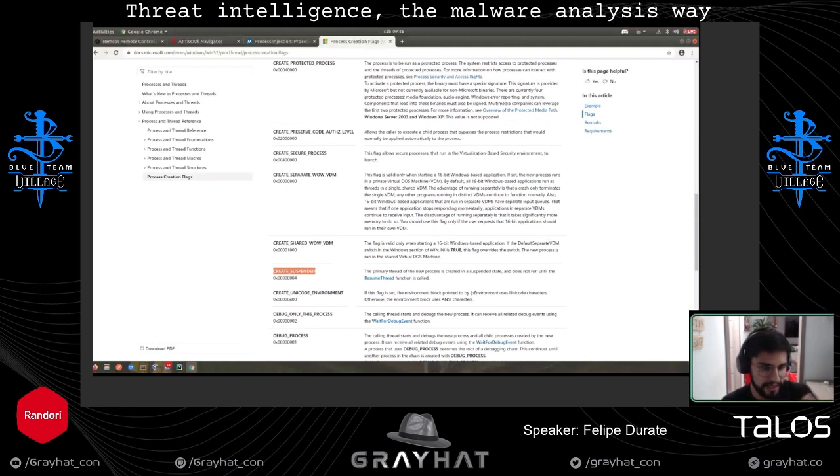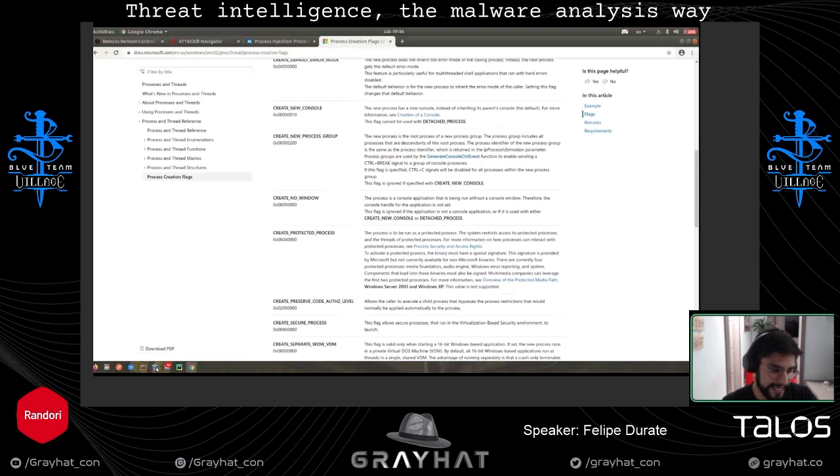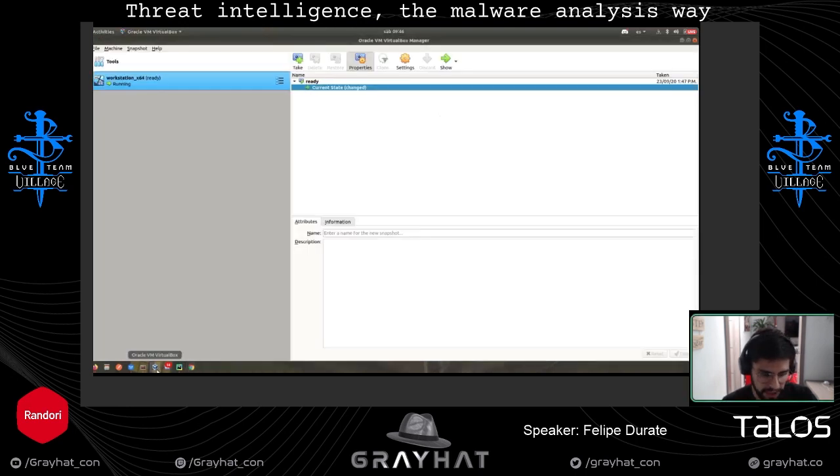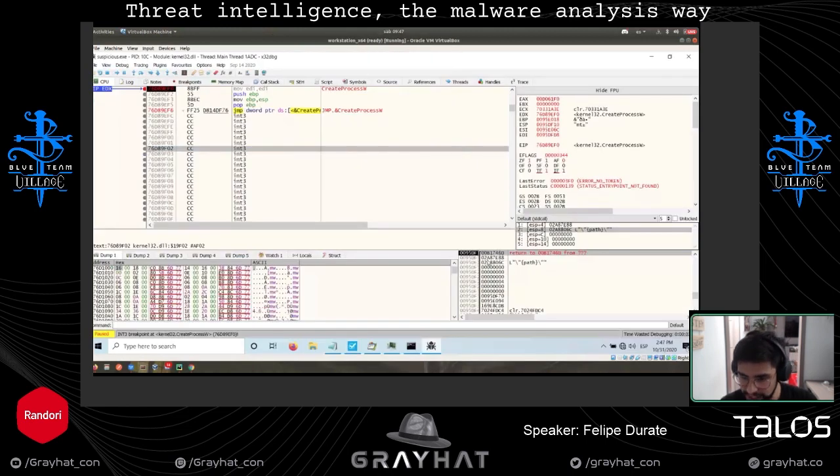So going back to the virtual machine, actually here in the stack, you will see that one parameter is 4. So that means they are going to create the process in a suspended mode. So, well, this seems to be a process injection.